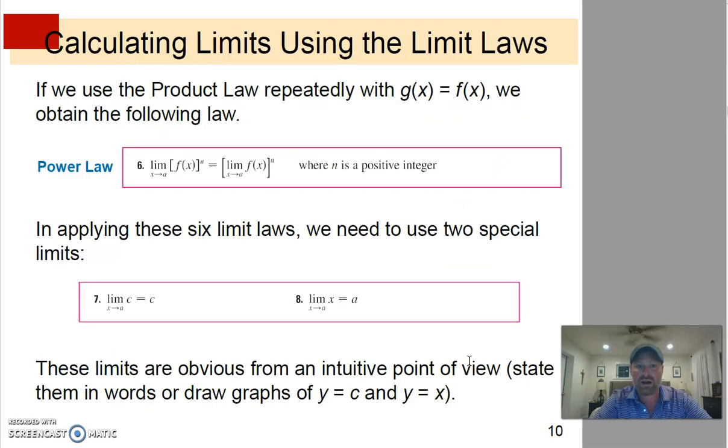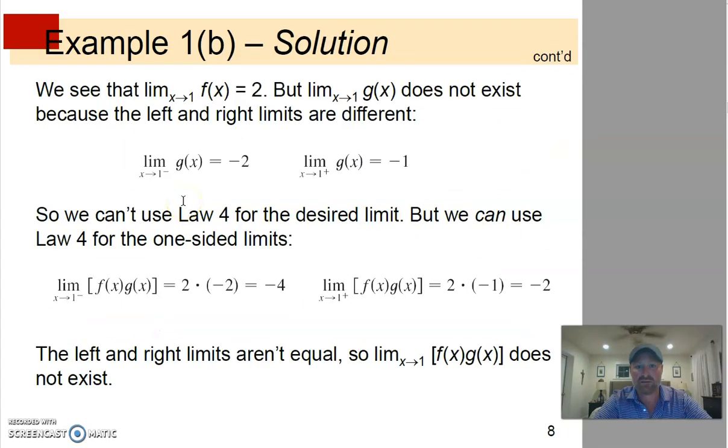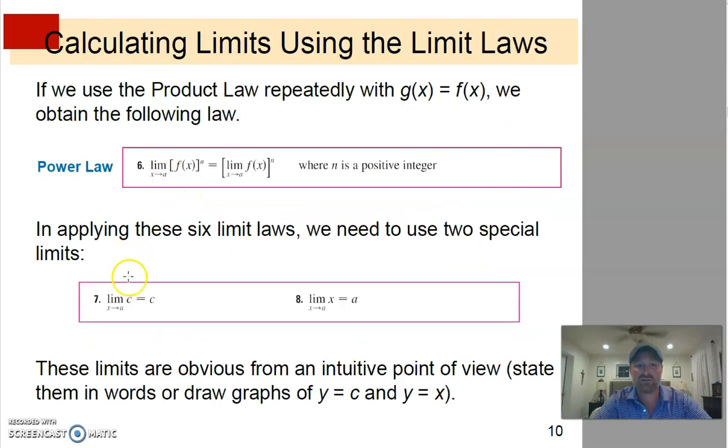Now we're going through some of our laws here one more time. So this is the product law repeatedly with g of x and f of x, and we obtain the following laws. Did I skip a little bit? No, these are two new laws here. So we have the limit, and this brings a power into play, right? So if we have the power here, power play,